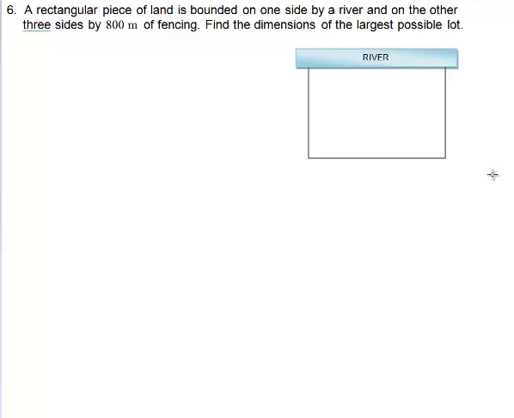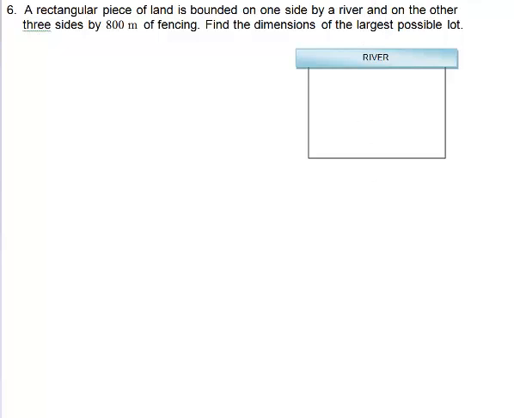Good day, students. Today we're going to look at a solution to number 6 on page 99, your Math 1026 booklet number 2. This is chapter 4 that deals with quadratics. So we're asked, again, this is one of our examples of max-min problems, but we're asked here to find the